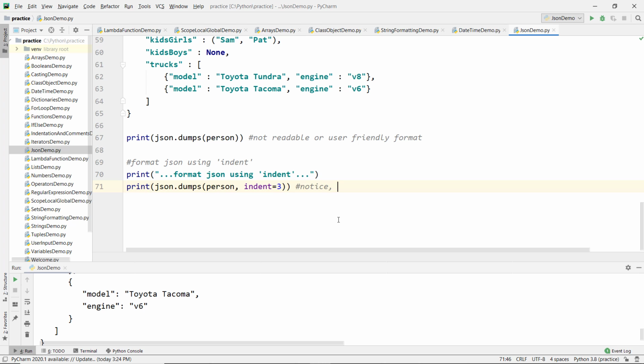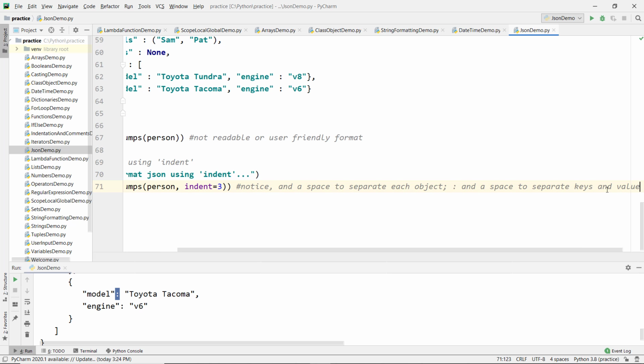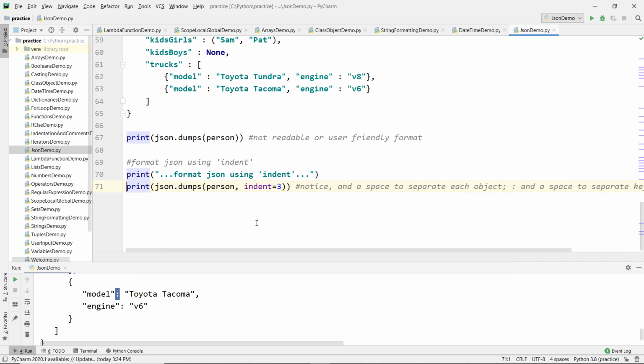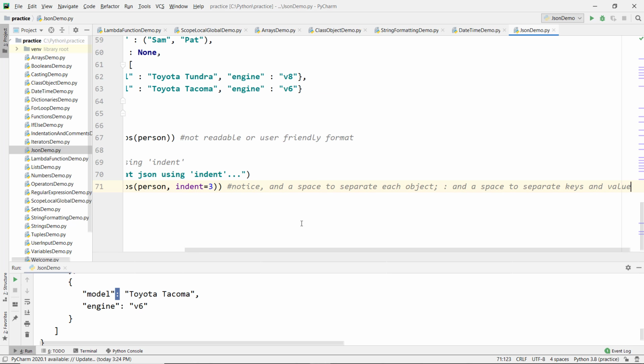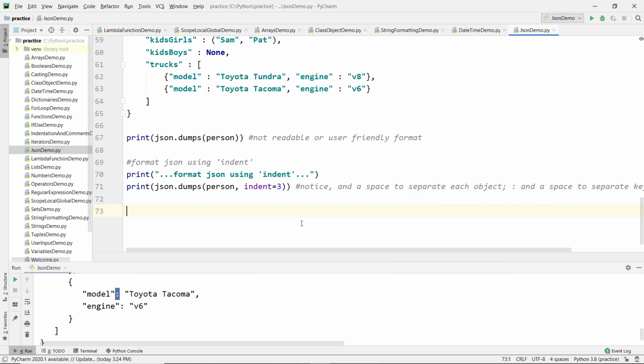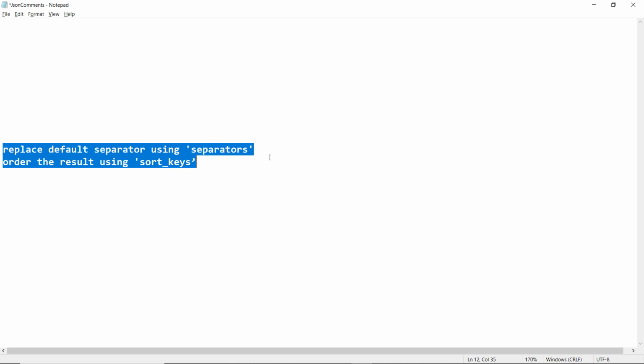So let's add the comment: notice a space and a comma to separate each object, and a colon and a space to separate keys and values. They are added when we use the indent, that is we are giving 3 spaces at the beginning of the code line.